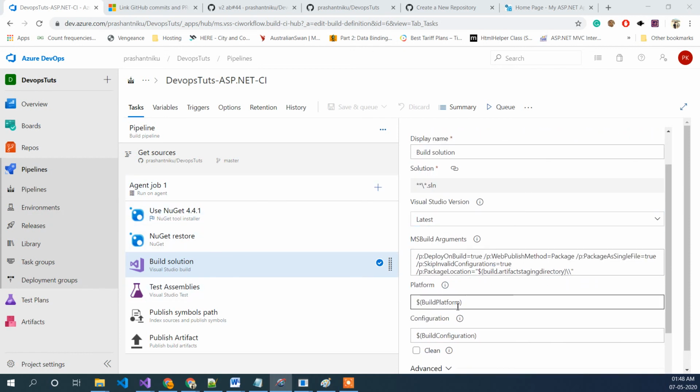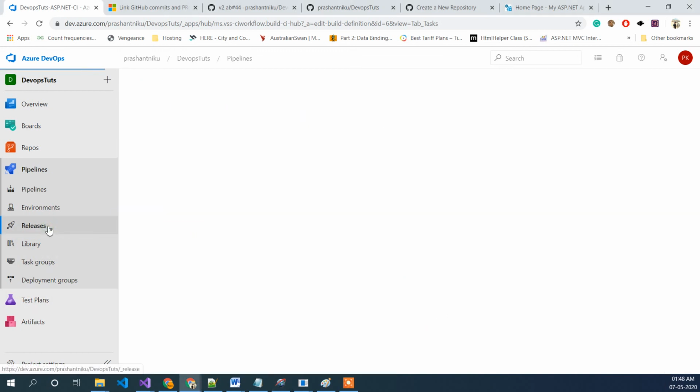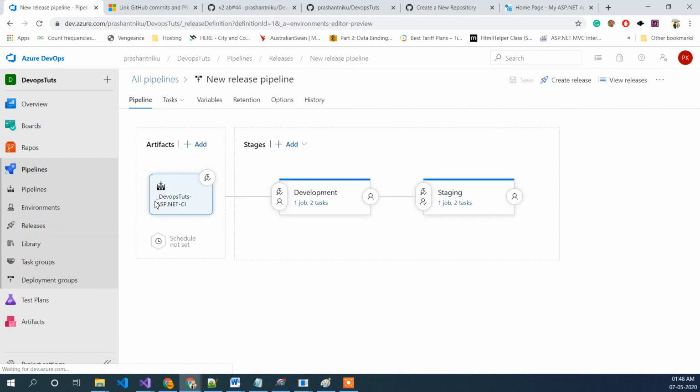That's how you can tell what kind of configuration you want. These days we use only one release definition and manipulate it according to the pipelines we have. That's exactly what we are trying to do here. We don't need to do anything inside this. Our task will build the thing and then go to the release, and inside the release we need to edit. Whatever published files we have, we manipulate those files only.